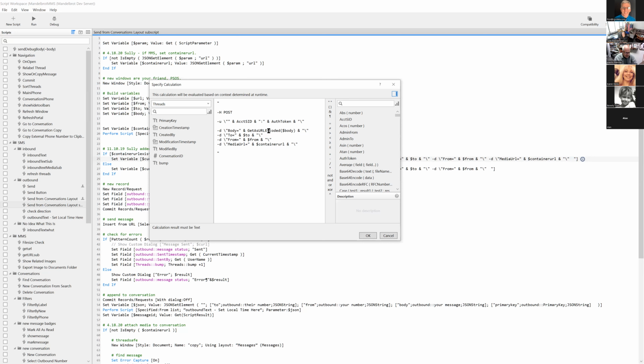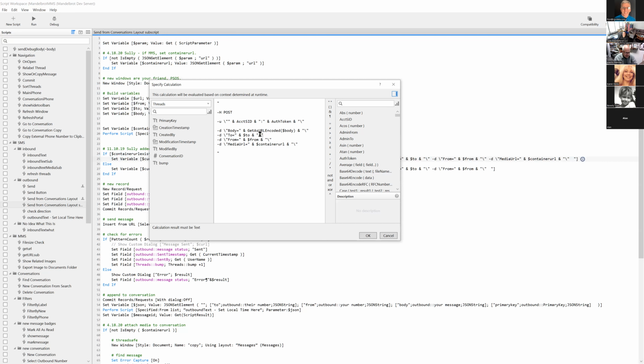Otherwise, if you put in an ampersand, like that weird squiggly and thing, or if you put in a quotation mark or an apostrophe, it's going to read that differently than it should, and your text message is going to get garbled, right? One of the most common questions I get from people is, why isn't it sending the whole body of my message? And 99% of the time it's, are you sending a reserved character? Did you remember to use get as URL encoded, right?